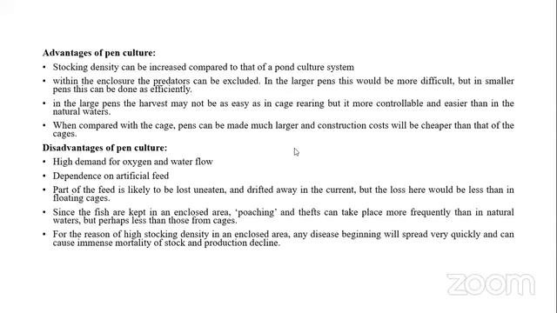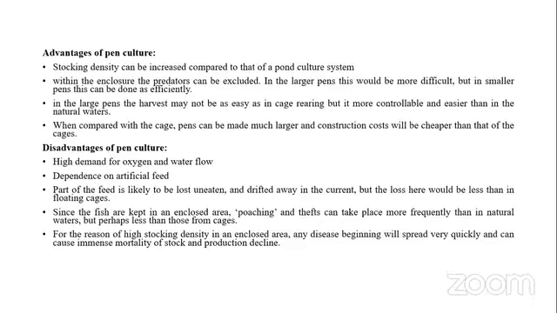Now the various advantages and disadvantages associated with the pen. Stocking density can be increased compared to that of the pond culture system. These are the advantages over the pond system. Within the enclosure, predators can be excluded. In large pens, harvest may not be as easy as in a cage, but more control and easier